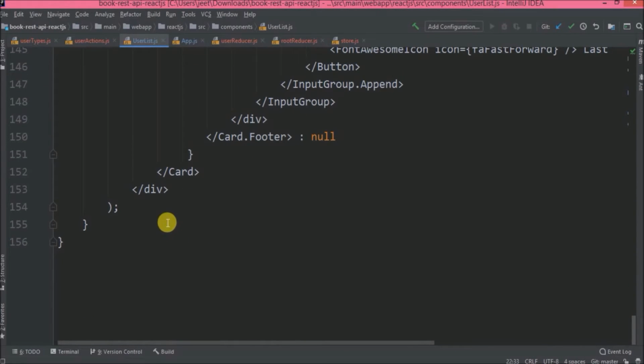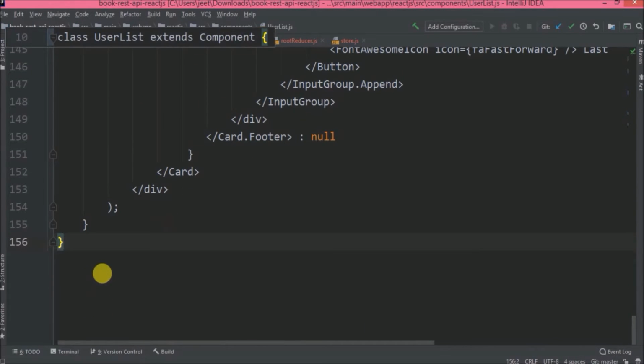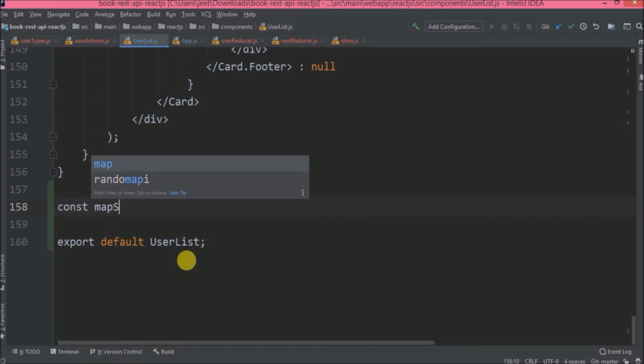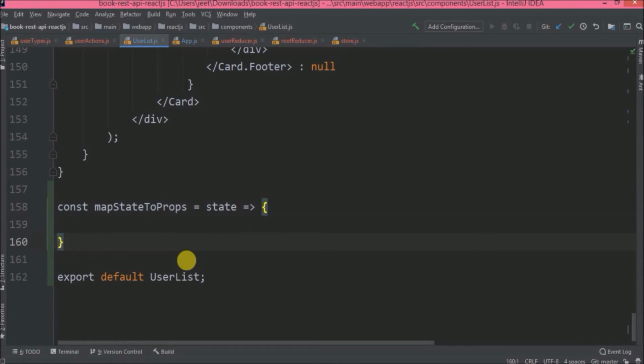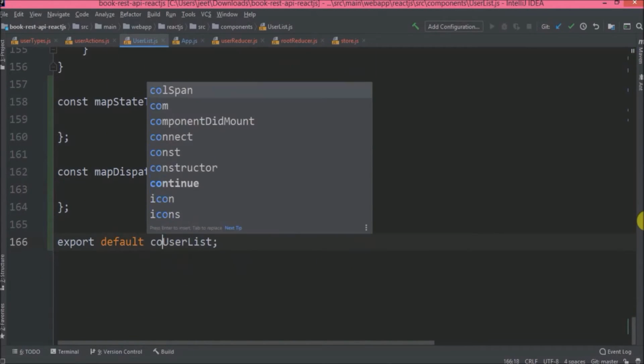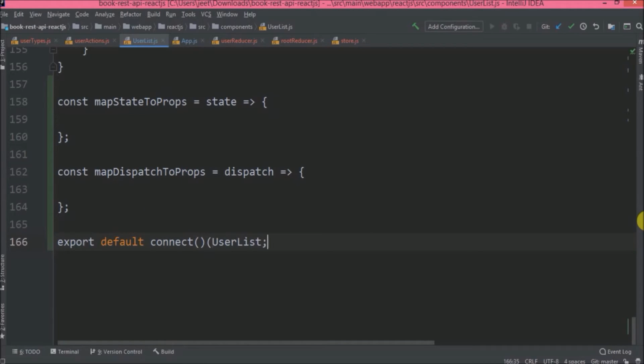Here I remove the export related logic from the top and I am using it at the end. Here we need to declare two constants like mapStateToProps and mapDispatchToProps, and use the connect function and pass these two constants.